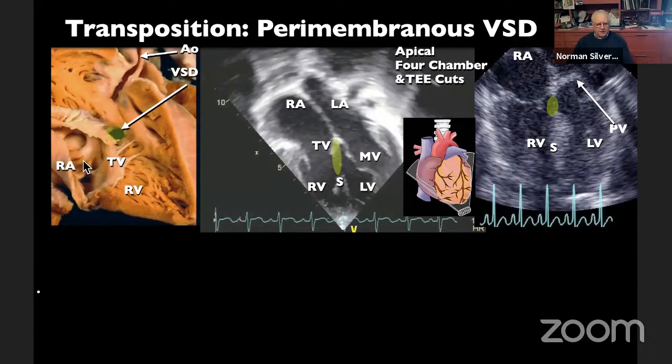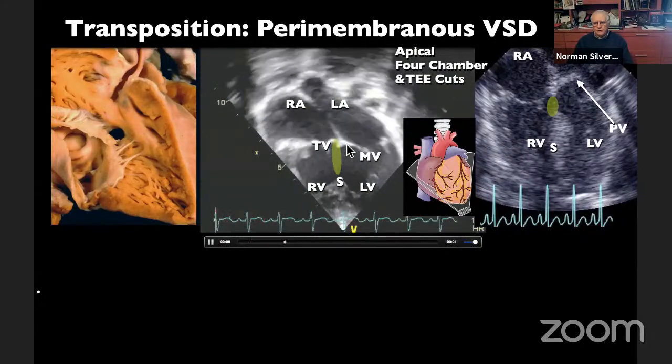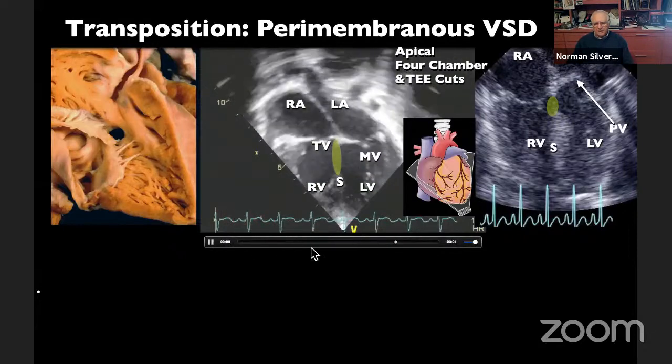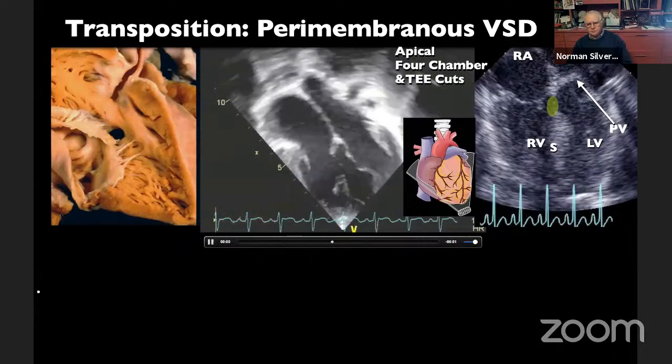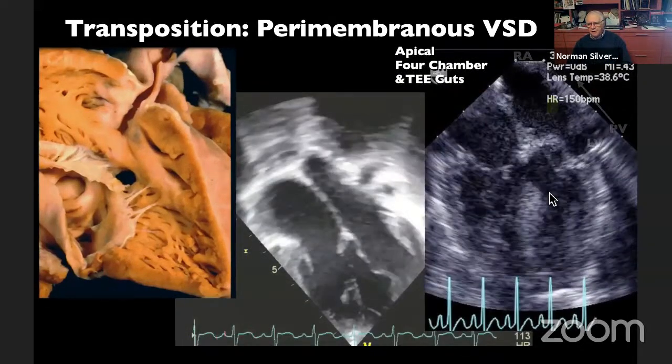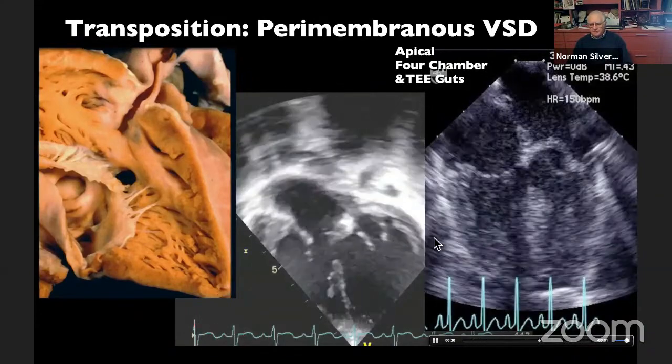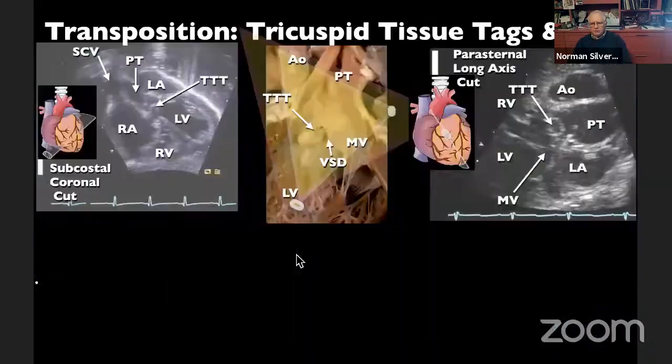And once you've identified the right atrium and the right ventricle with the septal leaflet of the tricuspid valve here, I will remove those labels. And you can see in this patient that this position is here. Here, the position is of a large perimembranous VSD, highlighted by the green shadow. And you can see that the atrioventricular valves are on exactly the same level. As well here, you can see the subpulmonary position of this perimembranous interventricular communication.